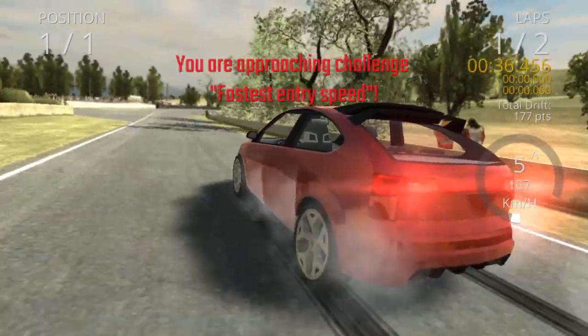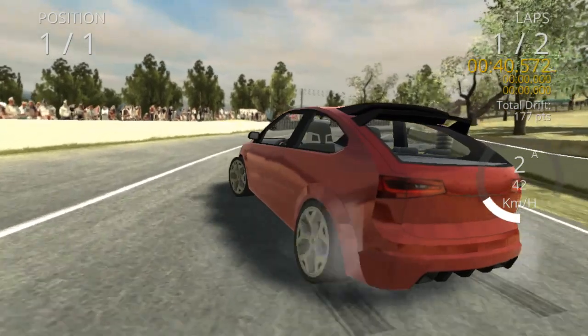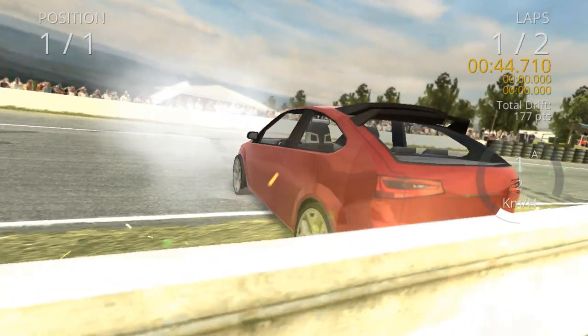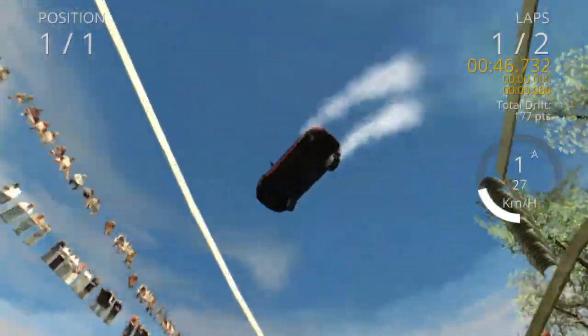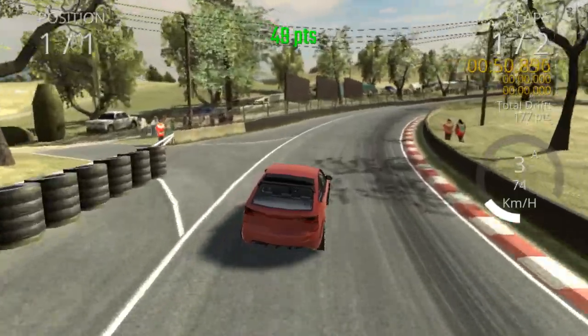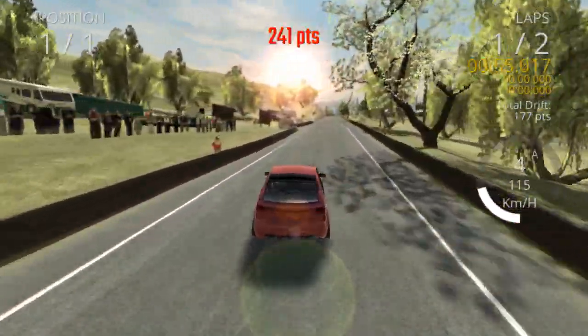One thing I have noticed as well, if you actually clout the wall, the body of the car moves, but the wheels stay intact. See? That is very weird. A bit bouncy. It's like the car is made out of jello. Or jelly, as we say in the UK. But yeah, I mean, this is...